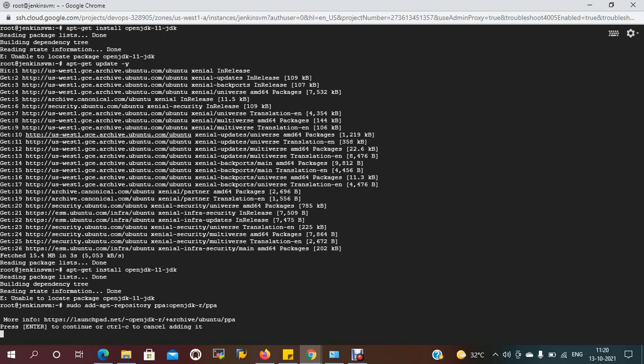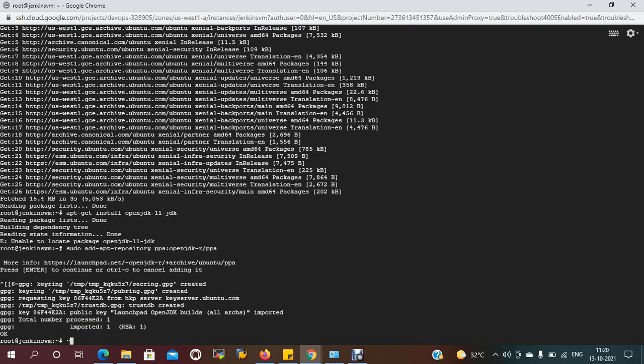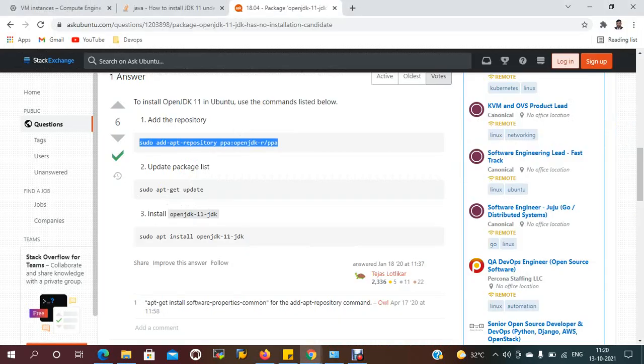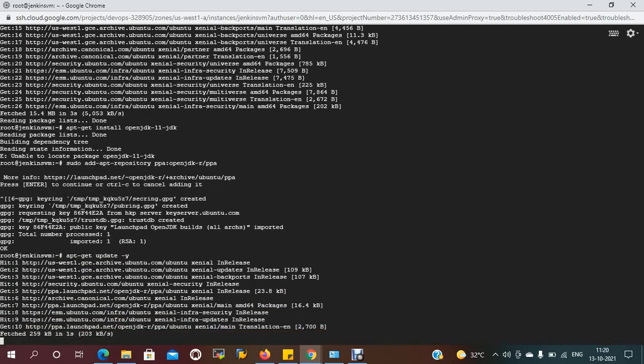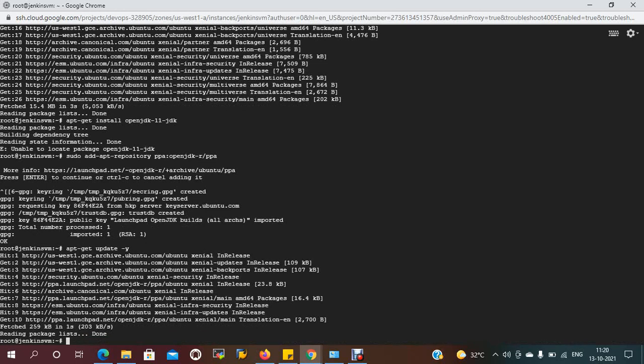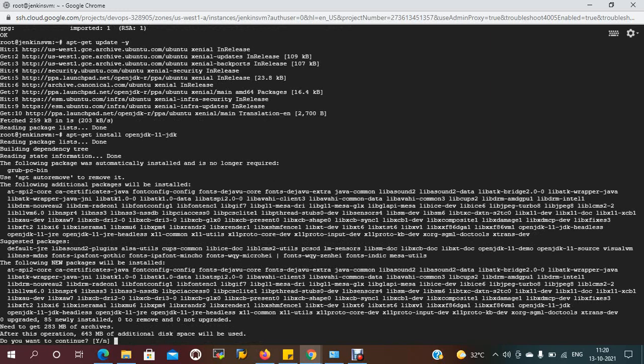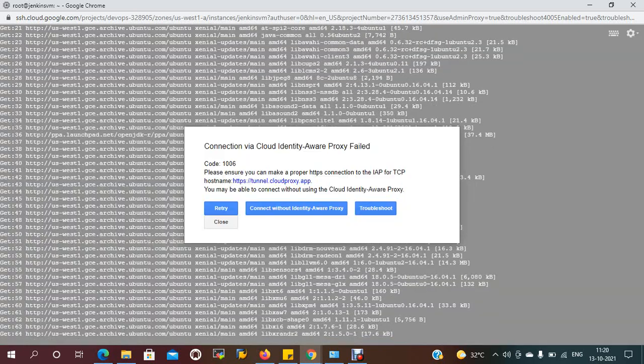Now it is saying sudo apt update. Now if you try to install Java, it should be installed now. Previously the repository was not there.